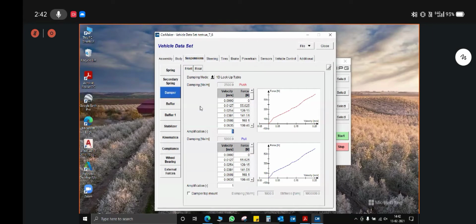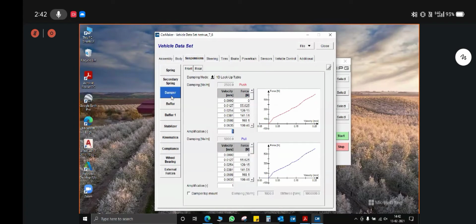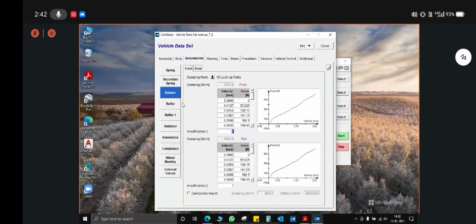Because if there is a spring and damper in series, then the effect of the damper will be nullified because there won't be any restoration force available for the damper, and hence it is always in parallel. And that's why even if it is a strut mount, even if it encompasses spring and damper in a single pneumatic strut, it has a spring and a damper in a parallel arrangement. And hence you have to define the spring and damper individually.